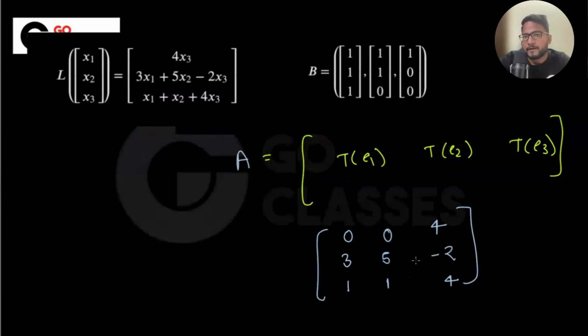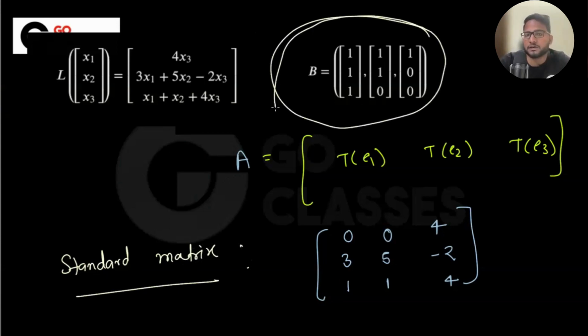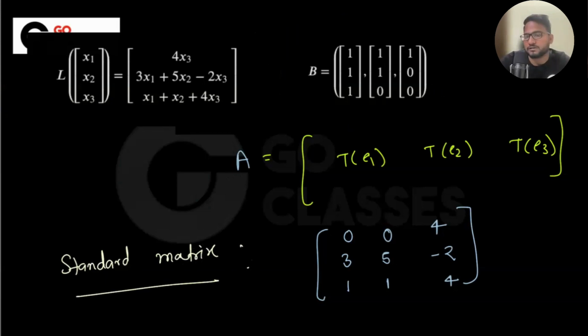Okay, great. But what do we want? So let me just write it. This is standard matrix, right? They are saying that input and output basis is same. Okay, they are saying that we want a matrix which takes from this input and gives in the similar basis only. So which means